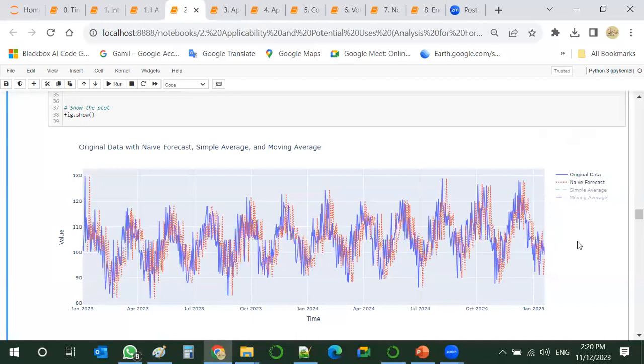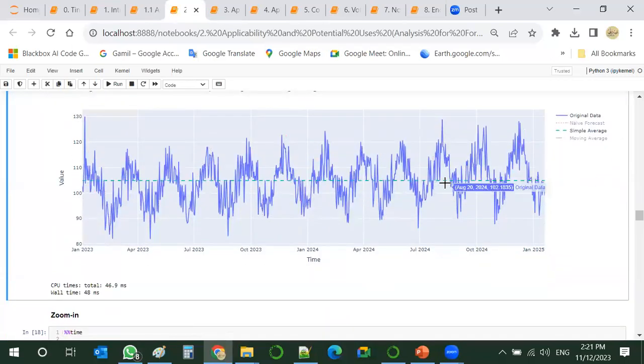If we just plot original versus naive forecast, you can see it's just a shift of the series. So what we will see here at this point where I put my cursor is going to be the 7th lag value of this blue series. Simple average is this green line. It's really simple. It's just one value.